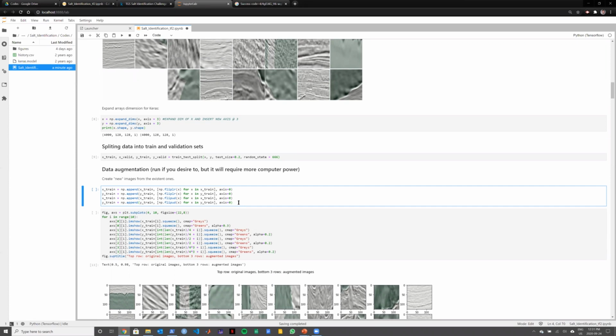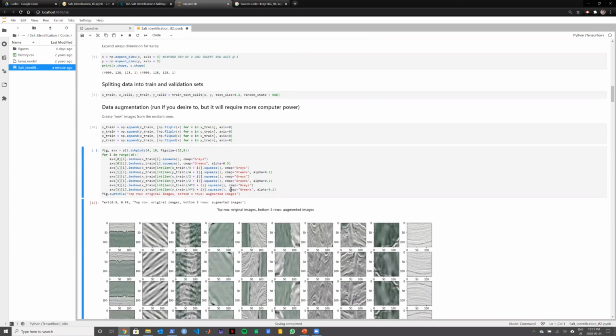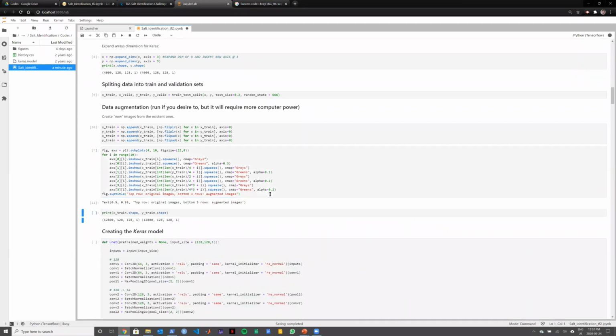So we flipped left and right and upside down. So we are going to have 4 times more figures than we have before. This is not as perfect as having new images, but that helps in the training. So, just doing here the flipping now, just running, and here I'm just plotting some of them